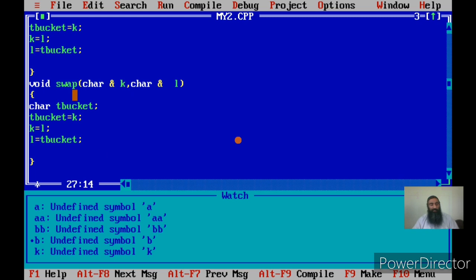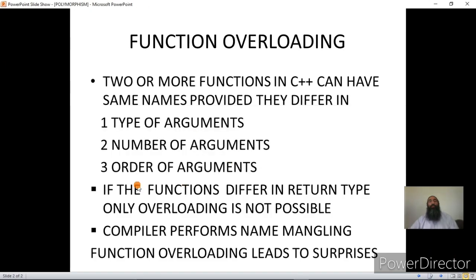This is what we call name mangling. The compiler gives internal names to these functions, and only then can we have multiple functions with the same name. Internally the names are different. This is called name mangling. Now, function overloading leads to surprises. You have seen that also.